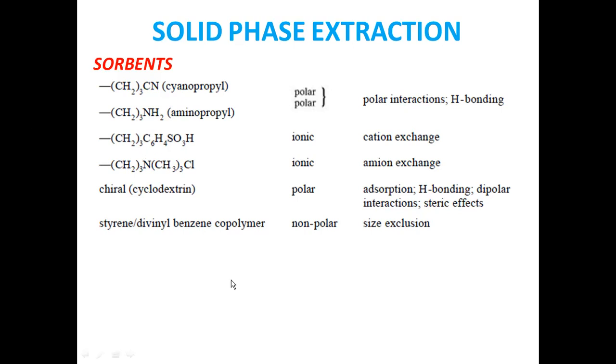propyl benzene sulfonate, propyl benzene sulfonate modified silica. Silica can be modified by introducing the group propyl benzene sulfonate. If this undergoes ionization, it will be converted into SO3 minus and H plus. This you are using as sorbent. When you pass the sample solution through this sorbent, hydrogen ions are going to be exchanged by cations. Therefore, cation exchange equilibrium we can expect. Since this sorbent is ionic, it is put under ionic sorbent.